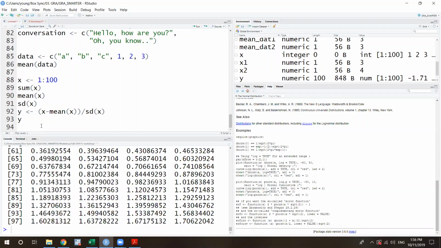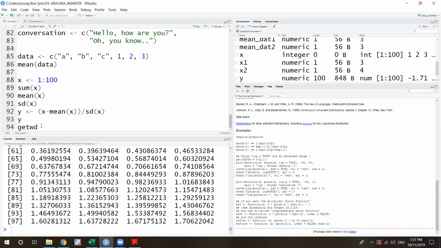Okay, so we're gonna dive into the data part. So finish the calculation, finish all the functions, and then we're gonna open the file and try to call the data that we want. So the first thing to do is get to know your working directory.